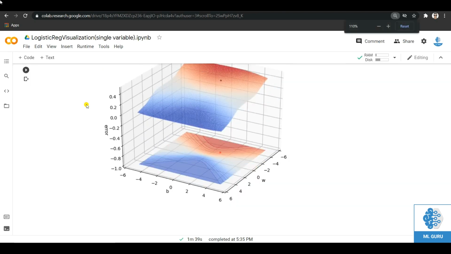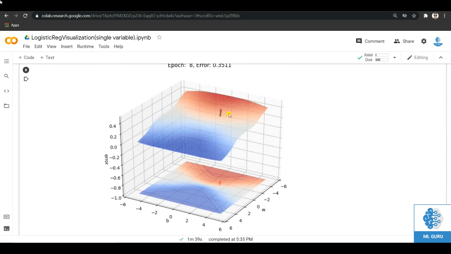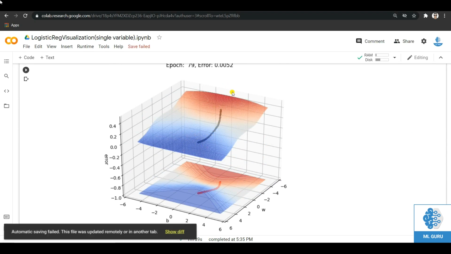Maybe I'll zoom out a little bit and let's play this. As you can see, it started with -2 and 1, the values of w and b, and after each epoch it is going towards this minimum value. Here the red region denotes the height, meaning the error is very high, and the dark blue region denotes the region where the loss is low.